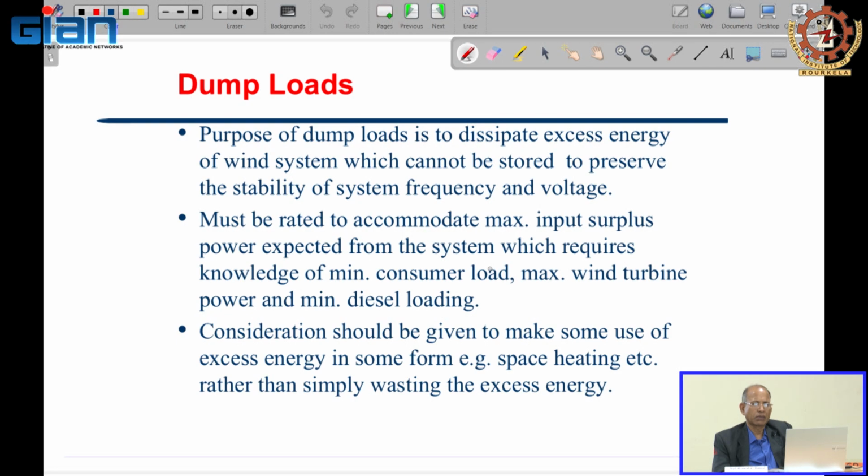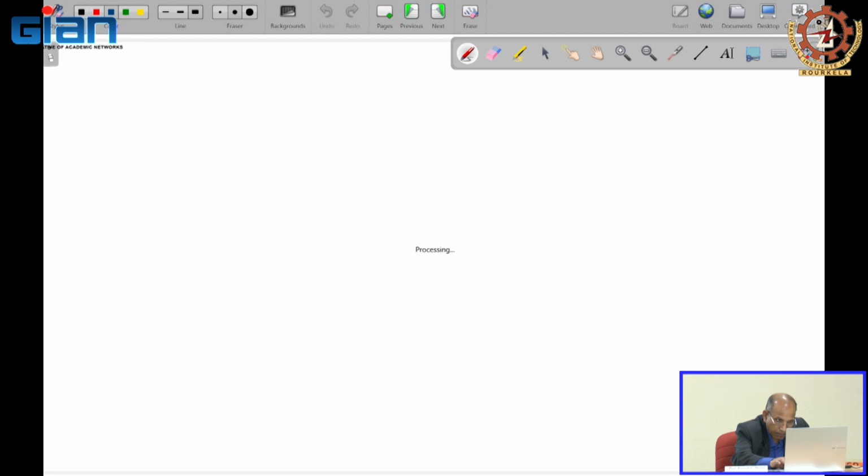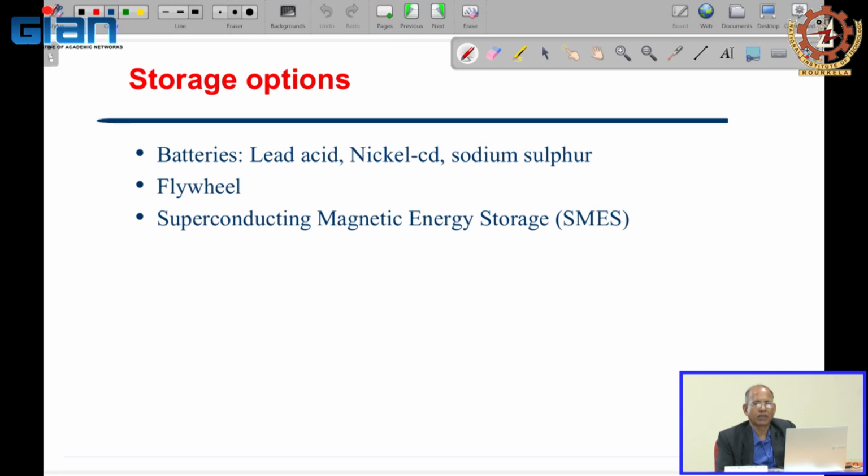And of course, as mentioned previously, consideration should be given to making use of excess energy, in the form of space heating, if you can find some useful way of dealing with it rather than just wasting the excess energy. Okay. Then some of the storage options